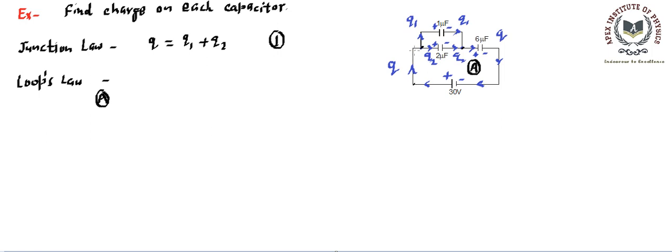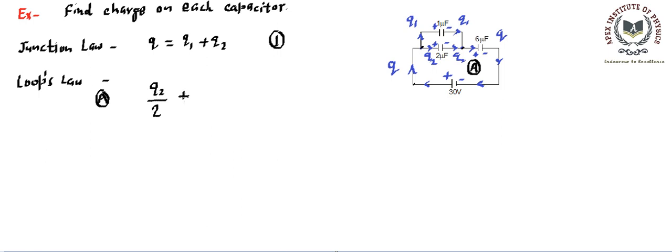From this point we are moving, no potential difference. The first element is going to be a potential drop, and as per our rule, Q by C is the potential drop. So we write Q2, which is the charge, divided by C. C is 2 microfarad. I am writing the capacitance in microfarad so that the charge comes in microcoulomb, since the micro gets cancelled out.